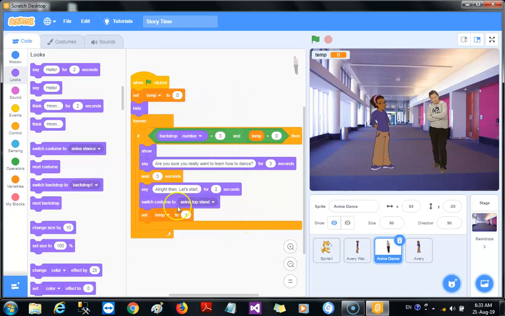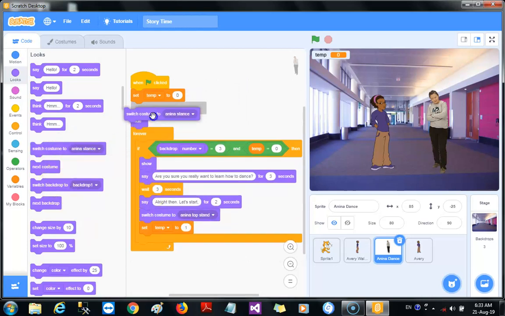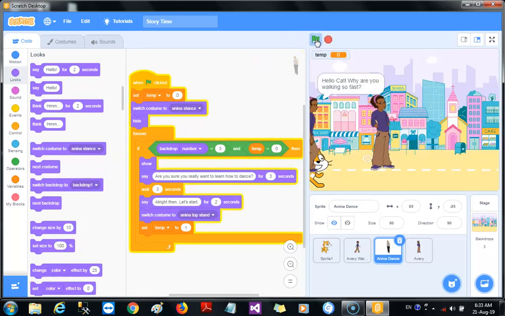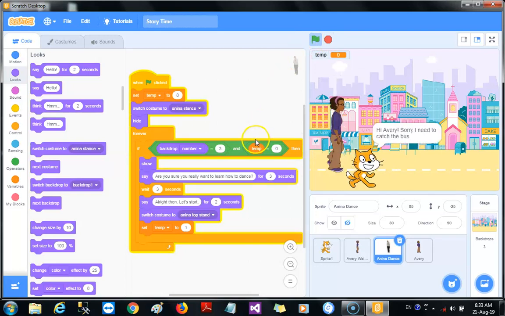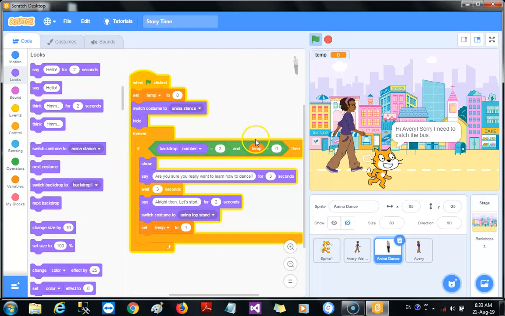Okay. Alright. So remember, anytime you change stuff, you need to set it to the original value you want it to be at the beginning of the code. Okay. So let's see how the code plays out. Alright. Okay. Now you see, testing this code is really fun. You'll enjoy it more in the